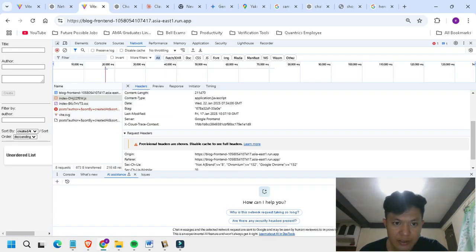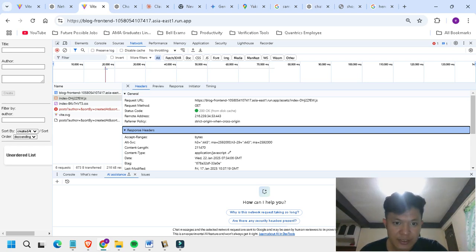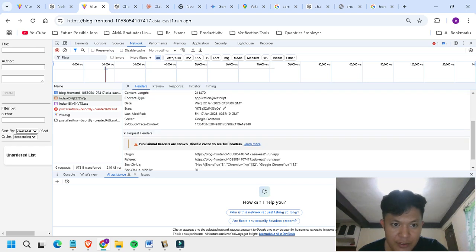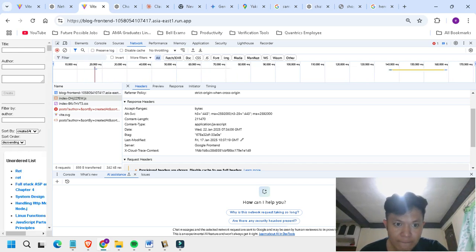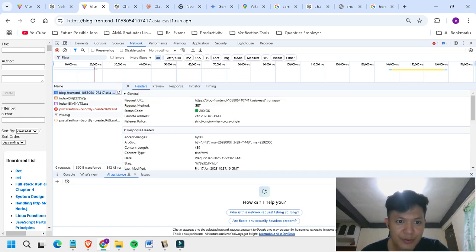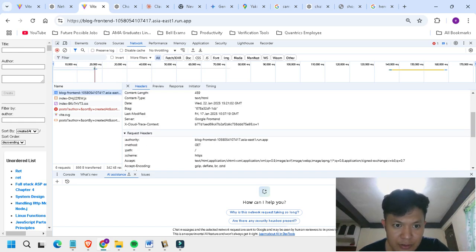I think one of the best ways to understand this is through an example. Here is the example request header. The content length, we will discuss that later, but basically it's in kilobytes. This one does not have any accept.